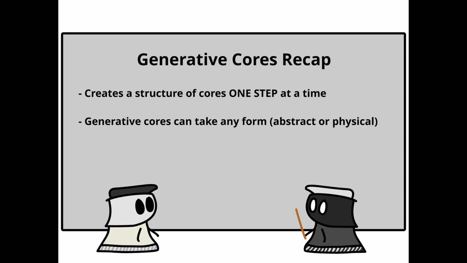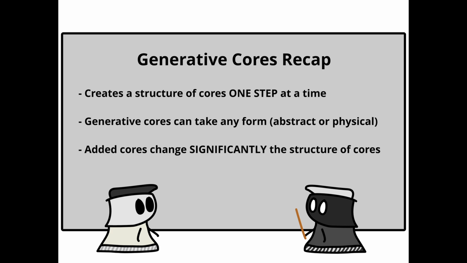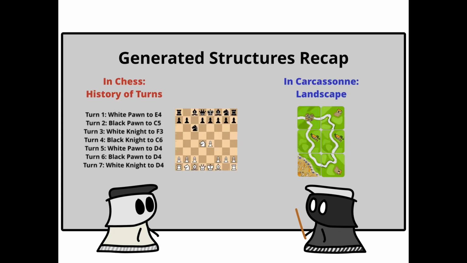When a new core is added to the game, it changes everything, which makes it exciting. It's important to understand that these cores slowly create a structure of bigger cores. For example, in chess, history of moves is generated throughout the match. The structure of cores is a bit more obvious in Carcassonne, as immense landscape features are slowly built through the